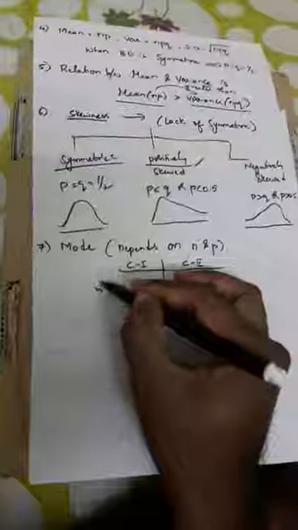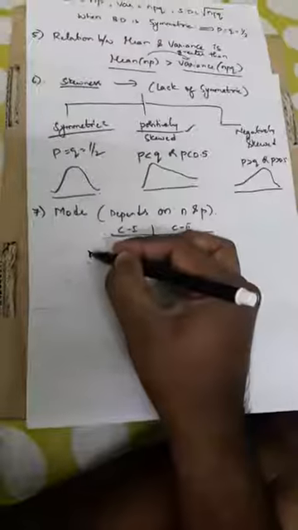This mode value may be unimodal or bimodal. If np, small np, is an integer, then